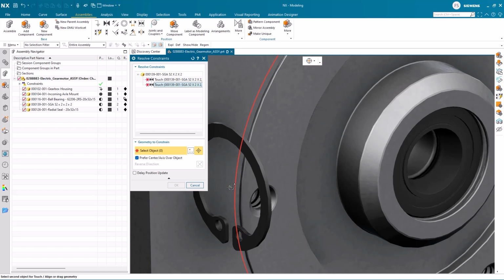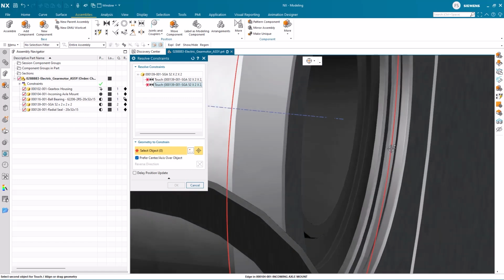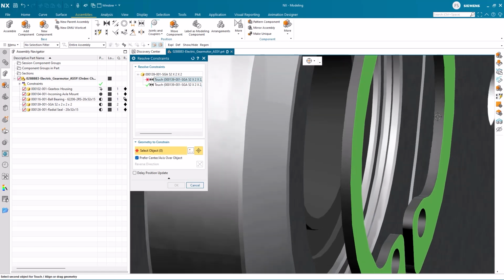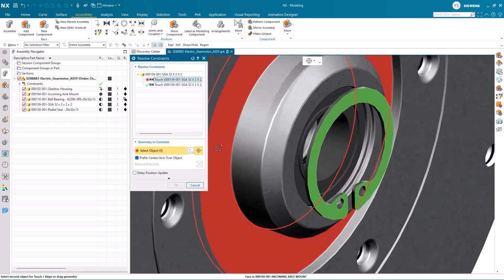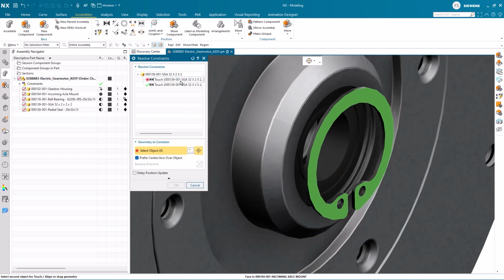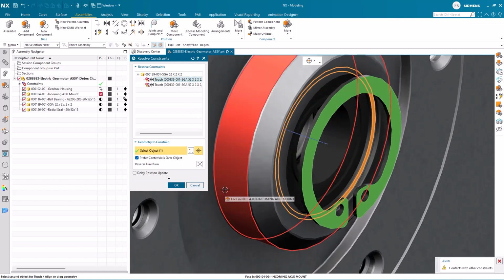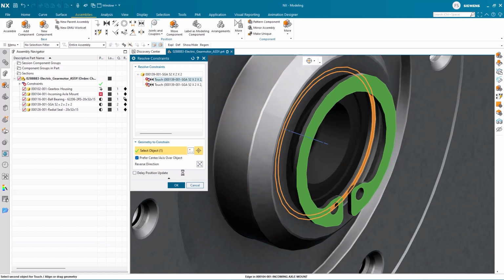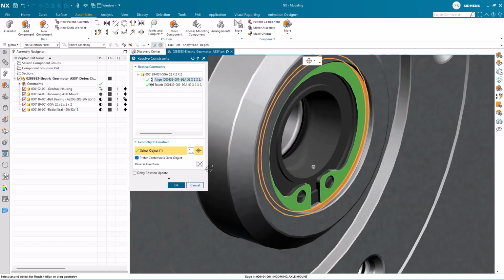We start satisfying the axial alignment and select the cylindrical counterface. We continue by selecting the planar alignment. With the planar face of the retainer ring selected, we proceed to select its matching planar face on the groove it is to be fitted into. However, the retainer ring ends up not quite in the correct position.